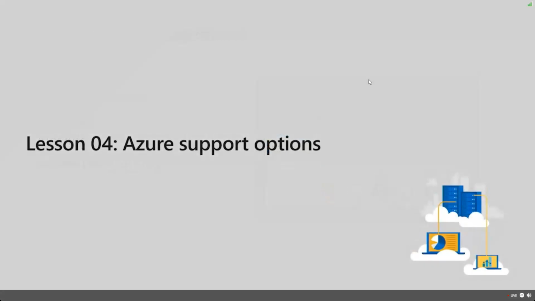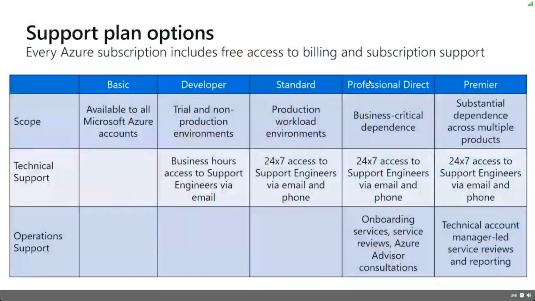So pricing, very important. What about support? We have lots of support options inside of Azure for how you can work with it. Now, it all starts with our support plan options. What you see here is a subset of the support plan options that we can have. Basically, when you look at the support plans, you have the ability to pay for support. We have basic support, which is free. You have developer support, where you get some limited capabilities, but we also have standard, professional direct, and premier. Depending on what you want to use, they all have a price point.